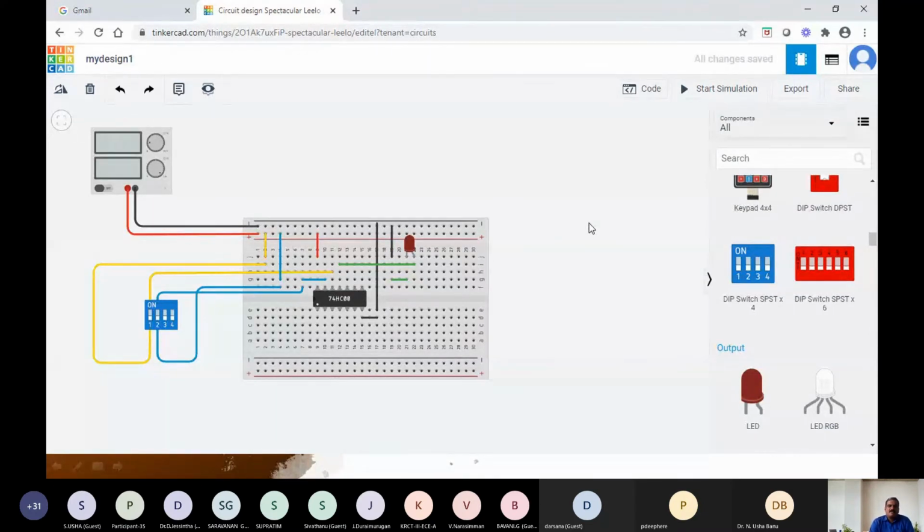Now we will see what happens to our circuit. For that, we have to run our simulation. See, this power supply is in off mode. When you start the simulation, it will get switched on automatically. And if you look into this tab, it shows that all changes are saved. You no need to save, there is no option of providing any save buttons, so it will be automatically saved. So now I will give the start simulation button.